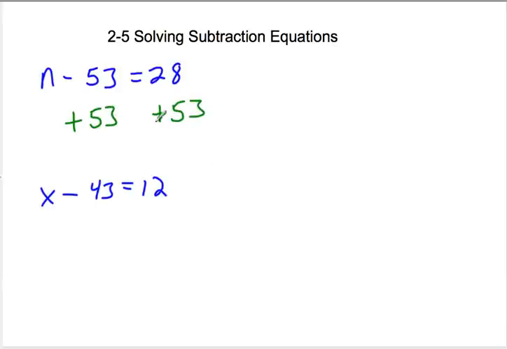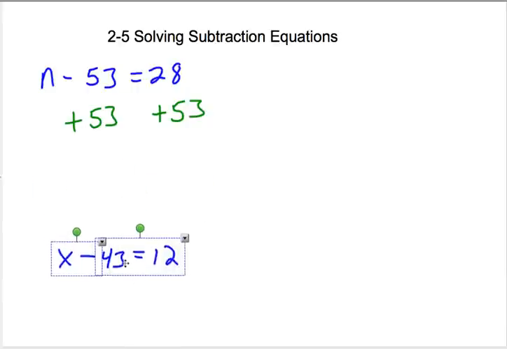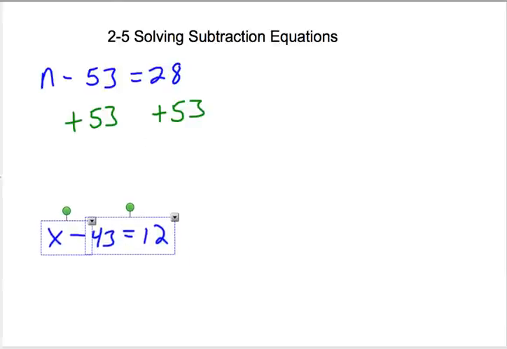The reason we're adding 53 to both sides is to get rid of this minus 53. So a minus 53 and a plus 53 counteract or cancel each other out, leaving us with n equals,